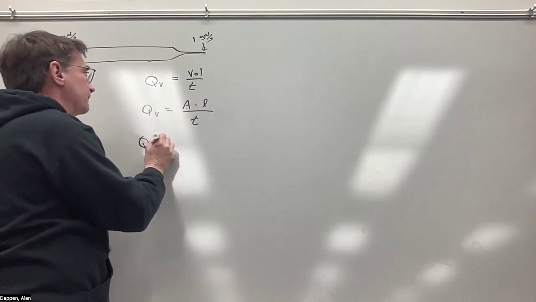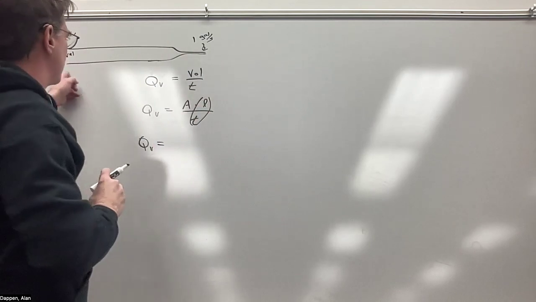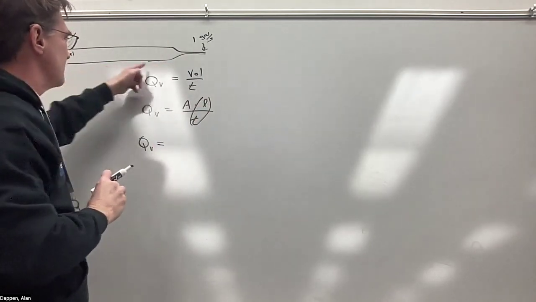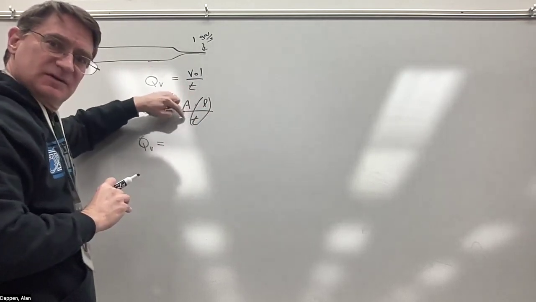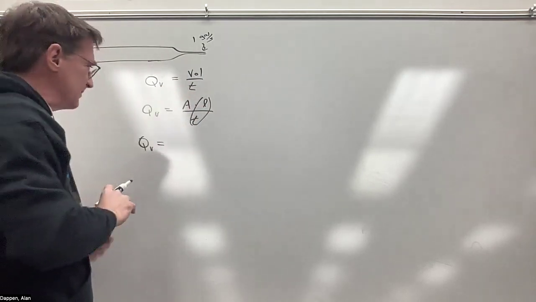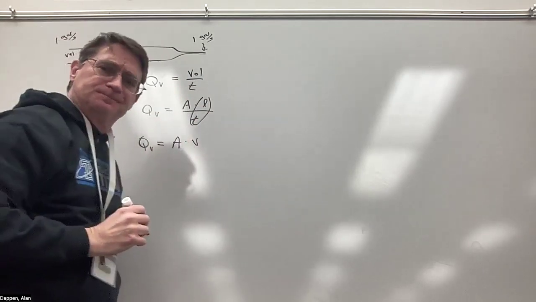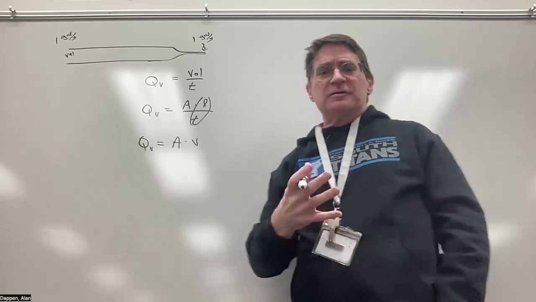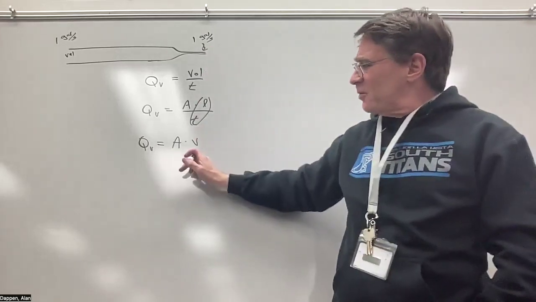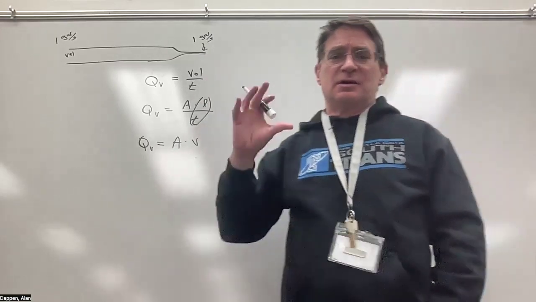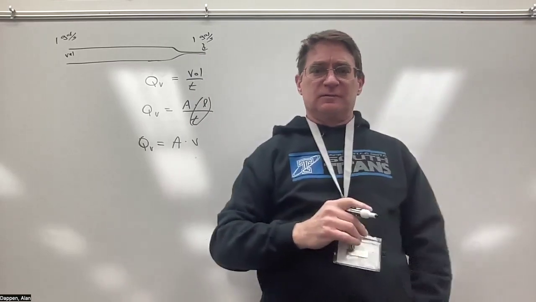And of course, now if I look at this and say, all right, the length that this water travels in a certain amount of time, that's like distance over time. That's a velocity, a speed, isn't it? Could I say area times velocity? In fact, volume flow rate is measuring volume over time. But another way to think of that is the cross-sectional area of the tube times the velocity of the liquid